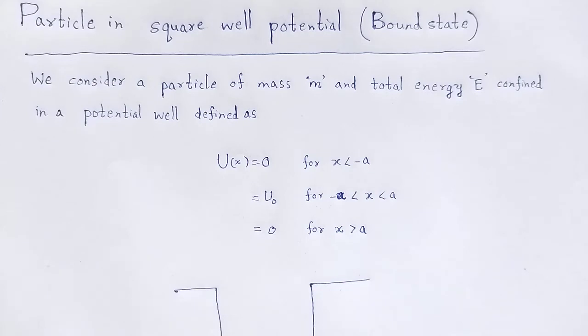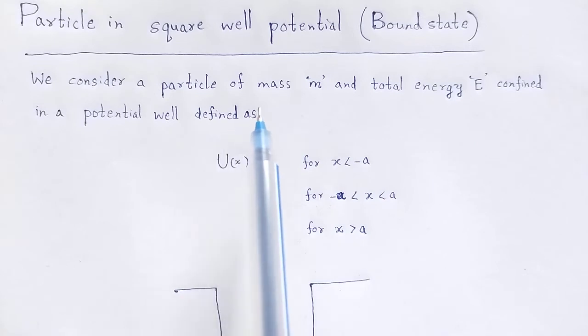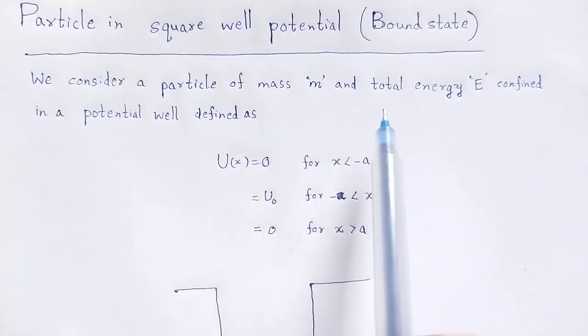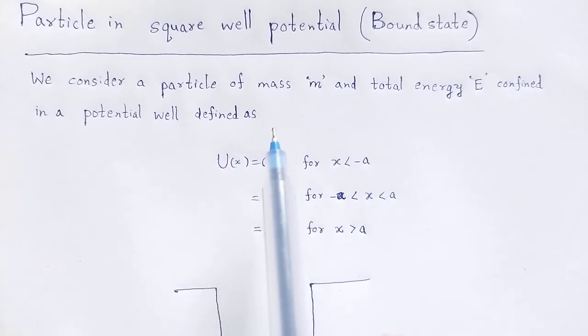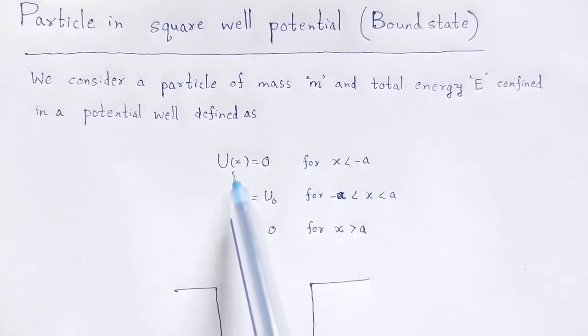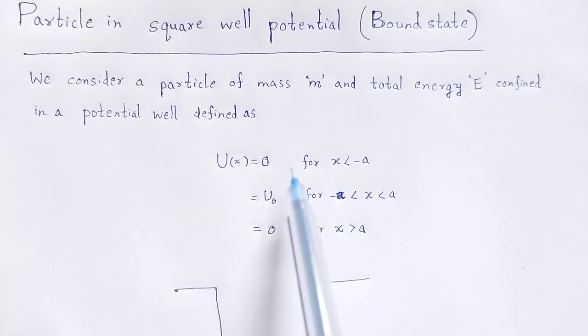In this video, we are going to discuss the particle in a square potential well for the bound state. Let's begin. We consider a particle of mass m and total energy E confined in a potential well, and that potential well is defined such that the potential will be 0 in region